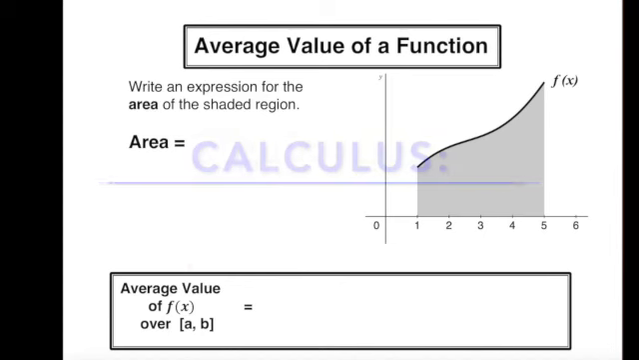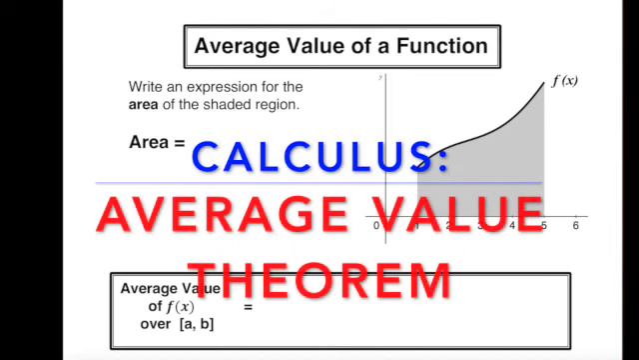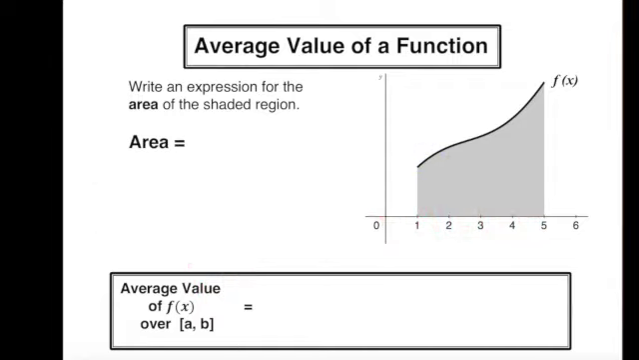Today we are taking a look at how to find the average value of a function in calculus. So let's start with what we should know by this point, and that would be finding the area under a curve, or between the curve and the x-axis. If I were to ask you to write an expression for the area of this shaded region, which is the area between f of x and the x-axis between 1 and 5,